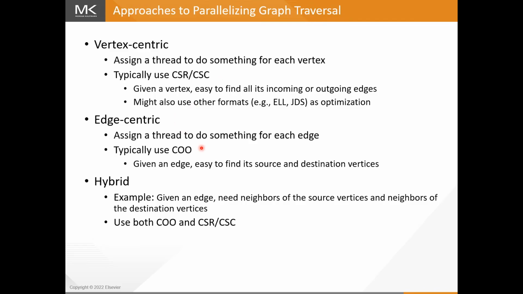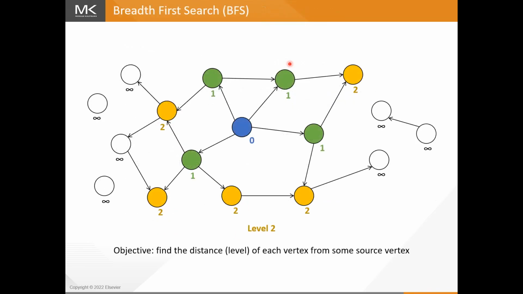And for some algorithms, not necessarily BFS, but for some graph algorithms, we may need to have both accessibilities. Given a vertex, I want to look up the endpoints, but then also given an edge, I want to look up its endpoints, but then also given a vertex, I want to iterate over incoming or outgoing edges. So in these cases, you might want to use both a COO and a CSR and or a CSC representation at the same time. We use BFS as an example, and we said that we do one level at a